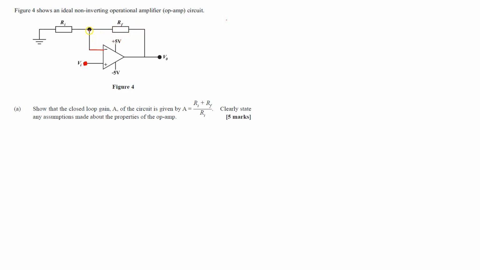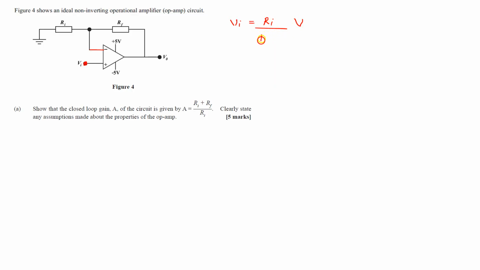The voltage across R1 is going to be the voltage at this terminal here, which is VI. So you'll see the potential divider formula that says VI is equal to the resistance we are talking about the voltage across, times the overall voltage,